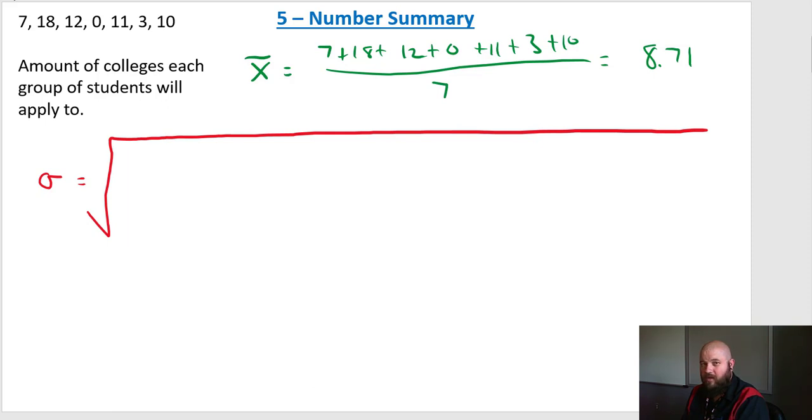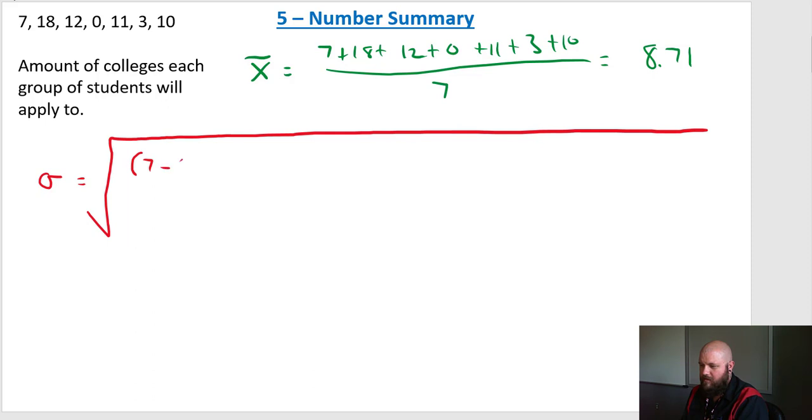So you can shorthand notation on this, and I'm going to show you how to do that. Since we have to take the sum of the values minus the mean squared and then divide it by n minus 1,